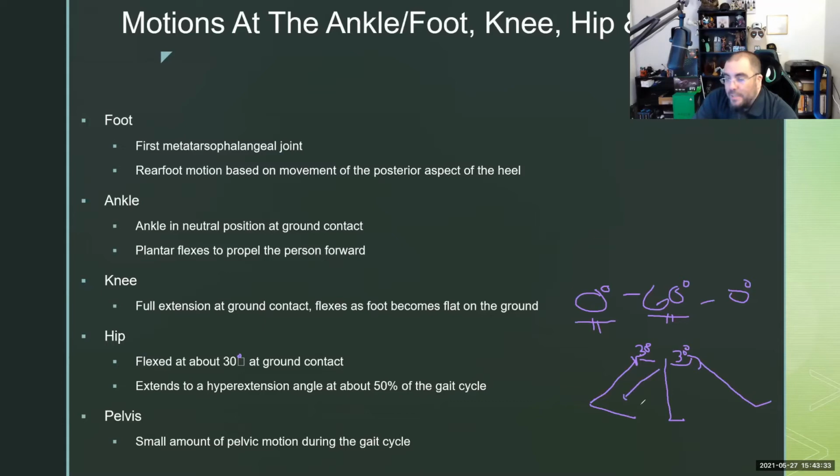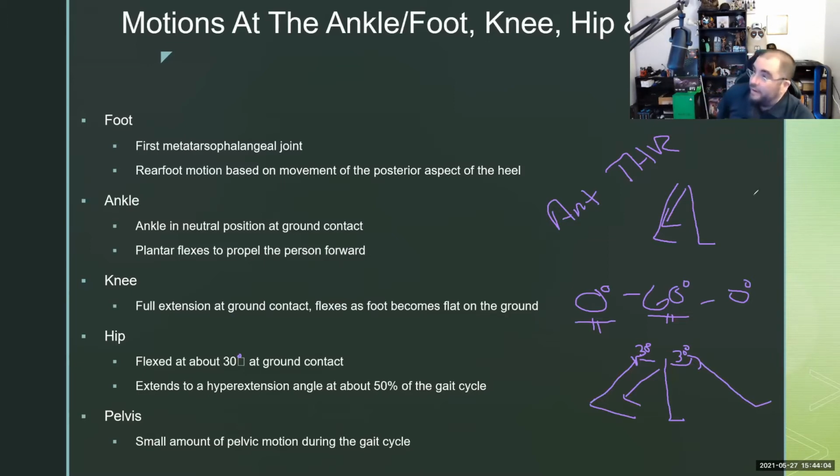Hyperextension, you spend about 50% of the gait cycle in. So that means you have to be able to get the foot backwards. Now that becomes a problem for certain patients. If your patient has an anterior hip replacement, total hip replacement, guess what motion is contraindicated? Extension. So here's extension going backwards. That's a contraindicated motion. So they're going to step to that foot, step to that. They're never going to go where that leg's back. That's going to slow their gait cycle down and also increase their energy expenditure.